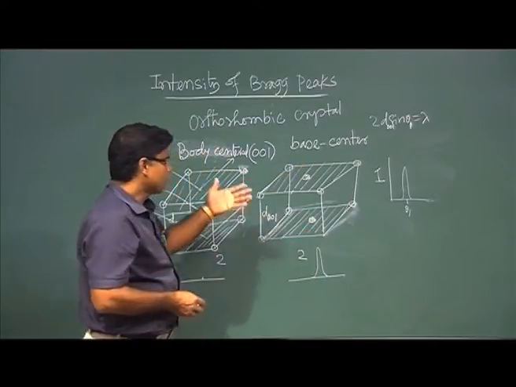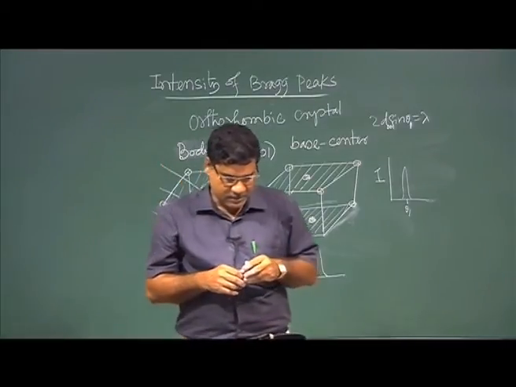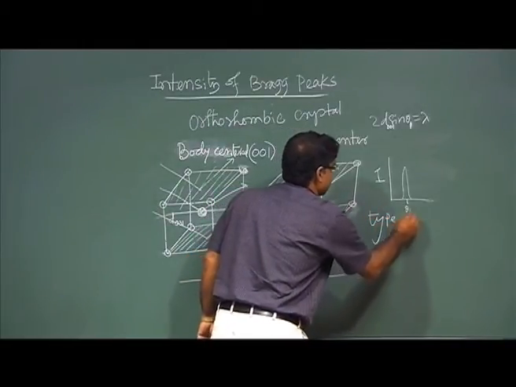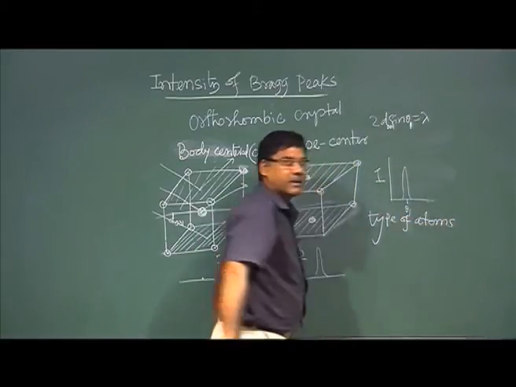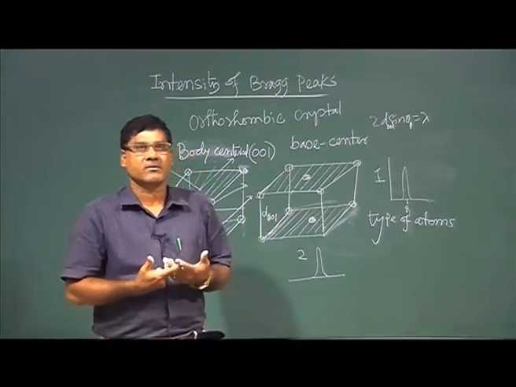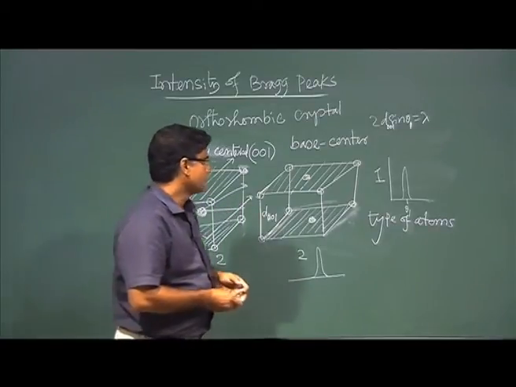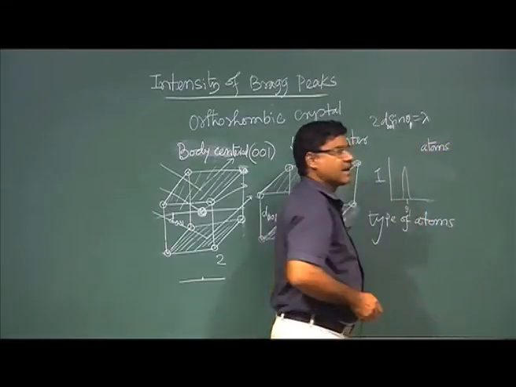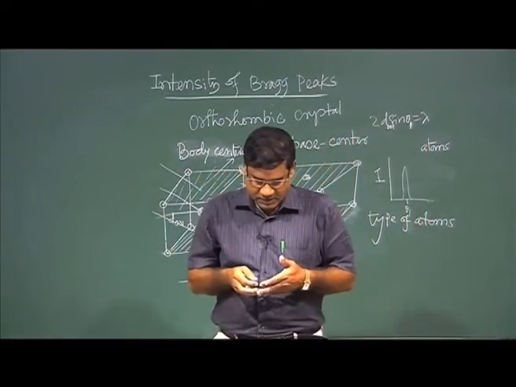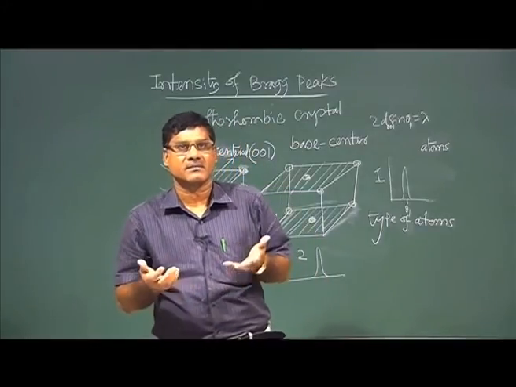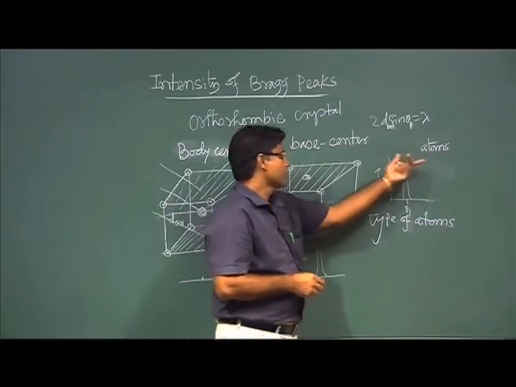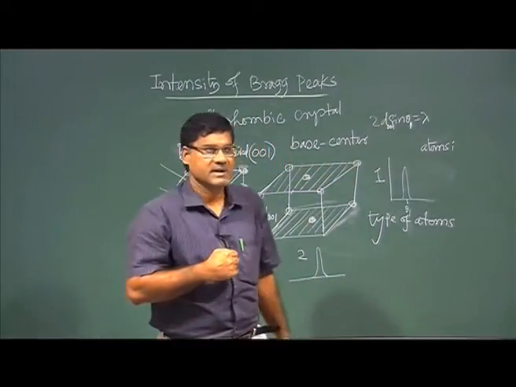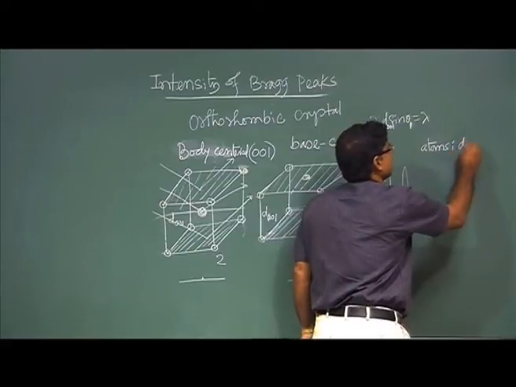Okay. So, then there are two factors: one is the type of atoms, right, and another factor is the distribution of atoms. So, it will depend on the atom. In atoms, what is there? From atom to atom, the number of electrons is different. So, intensity will depend basically on the distribution of electrons in that atom, right. So, this is one factor, distribution of electrons,